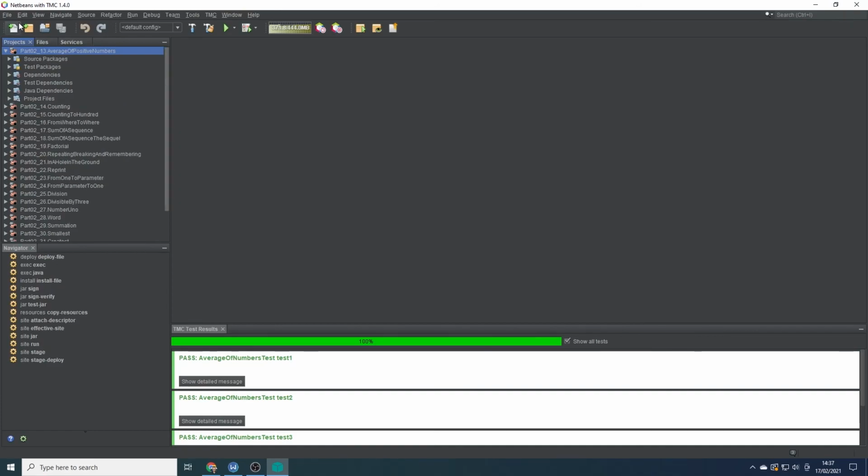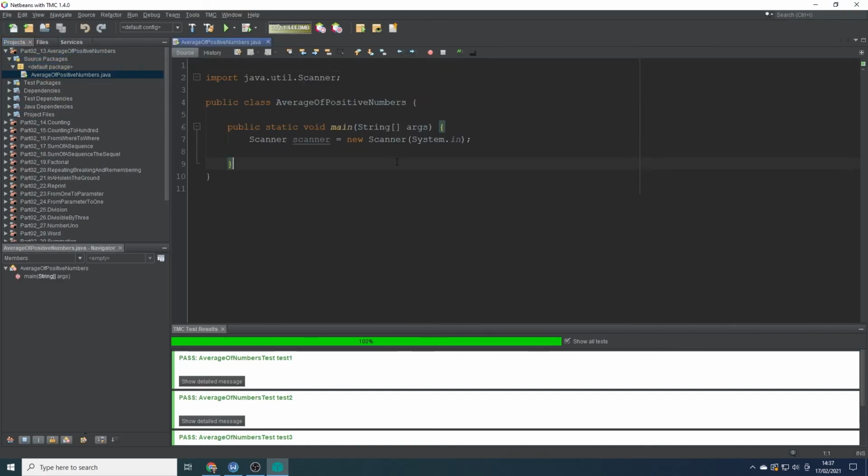So let's head back to our NetBeans and get this one started. So we are going to need integers. So we're going to need an input, we're going to need a sum, and potentially, well, and a count as well. Count will need to be initialized. Oops. Sum will need to be initialized as well. Now we can create our while loop. So while true,